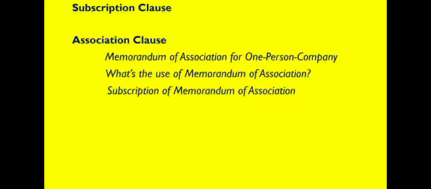Next up is subscription of Memorandum of Association. Subscribers are the first shareholders of the company. They are the people who agreed to come together and form the company. The name of each subscriber along with the particulars are mentioned in the memorandum. Different kinds of company require different number of subscribers for incorporation, such as private company requires 2 people, public company requires 7 or more subscribers, one person company requires only one person.